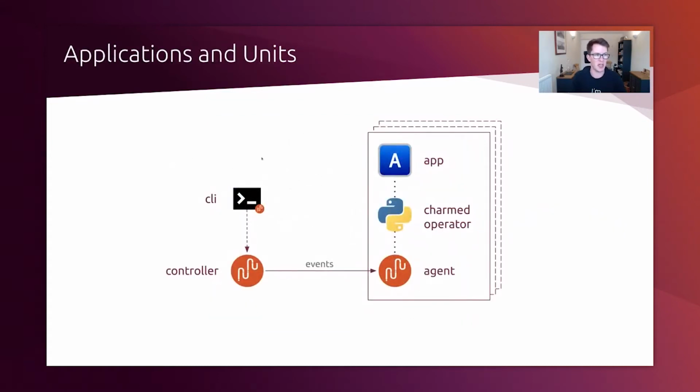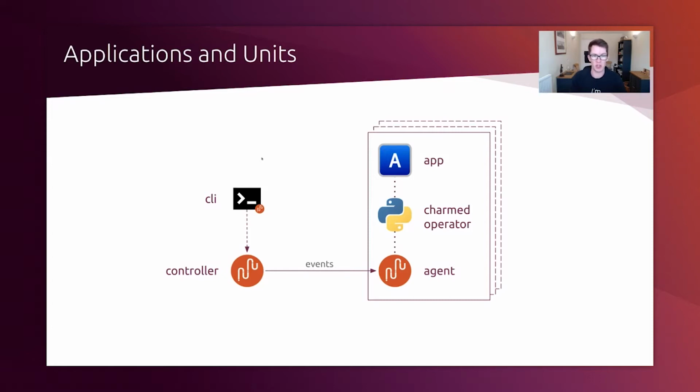So what's actually inside an application that's deployed with Juju? You've got the Juju CLI, which is the bit that you are interacting with, talking to the Juju controller using the API on the controller. That controller emits events to a Juju agent inside your application. That agent always runs. It's the first thing that runs in your charm container. It also runs in various LXD containers and virtual machine deployments if that's the method that you choose to use Juju. And the agent essentially intercepts those events from the controller